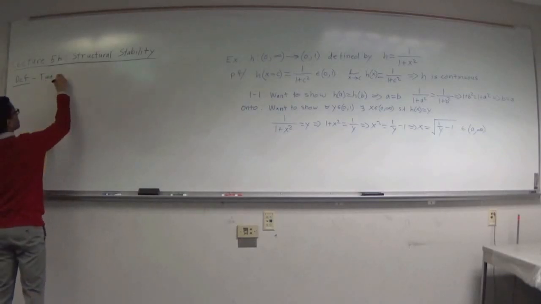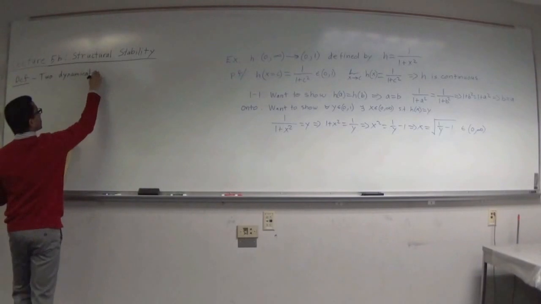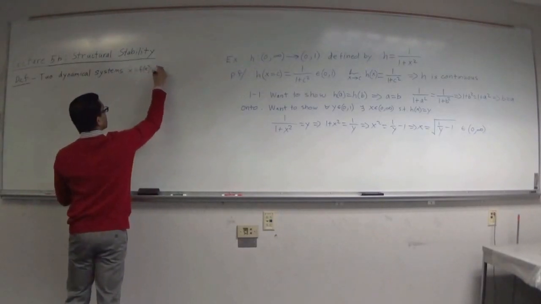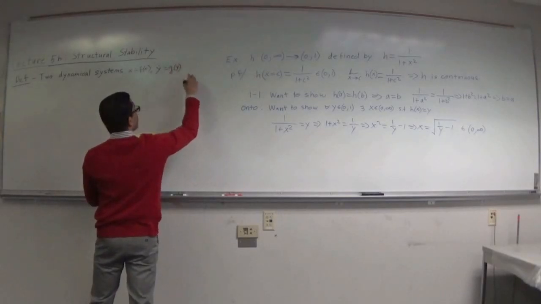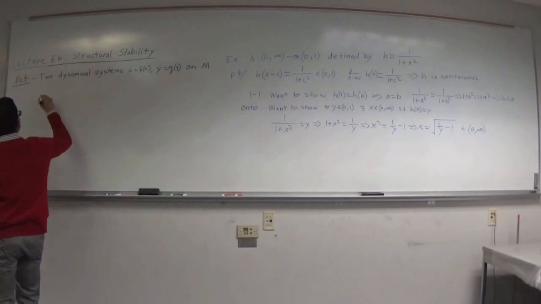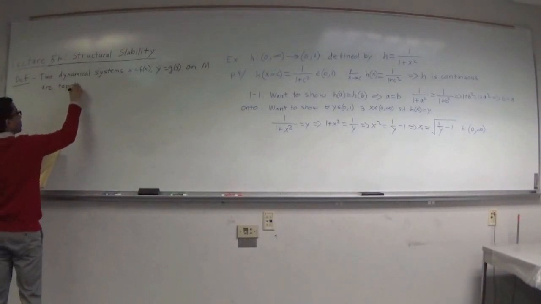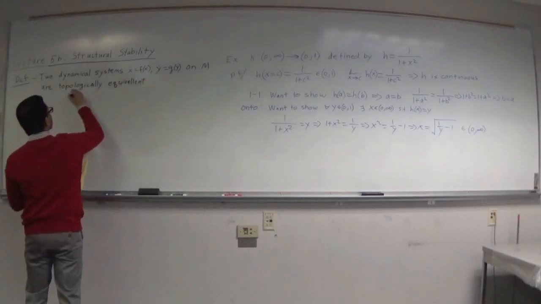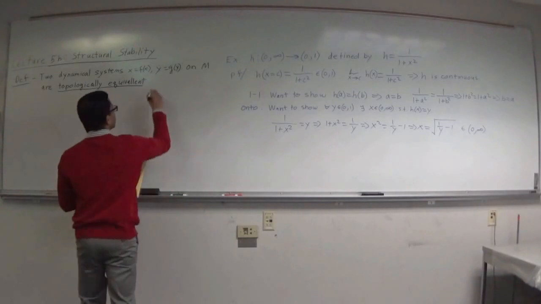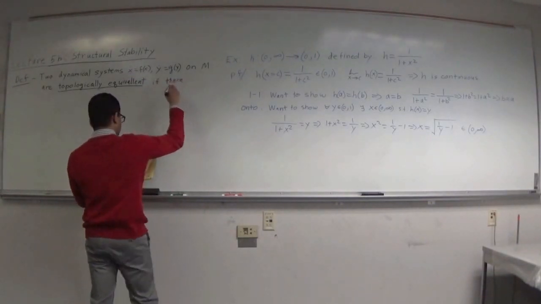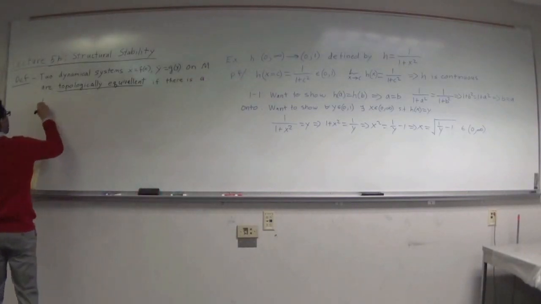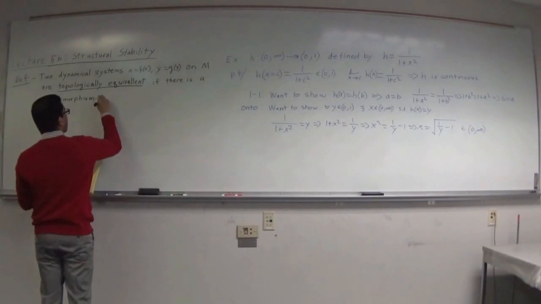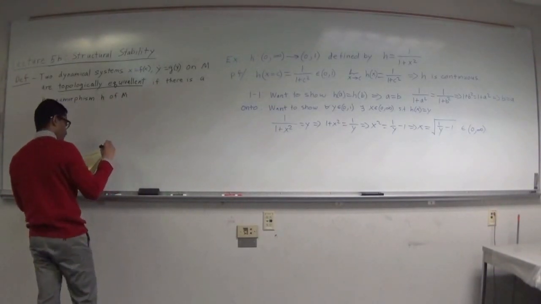Two dynamical systems, x dot equals f of x and y dot equals g of y, on M are topologically equivalent if there is a homeomorphism H of M such that